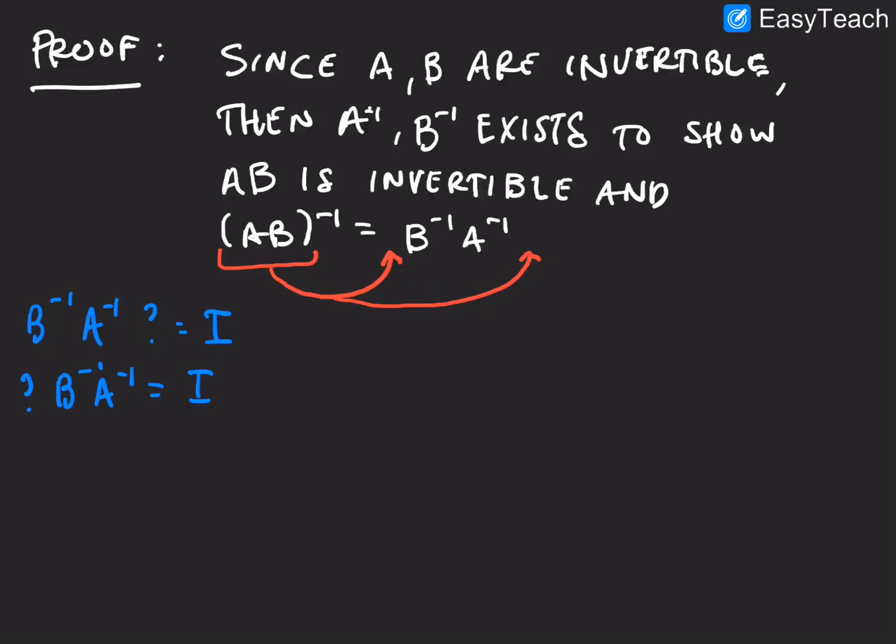Alrighty. So let's go ahead and get started. First we're going to take our B inverse times A inverse, and that something is going to equal I. Well, you basically try stuff out. Okay, so I'm going to try out